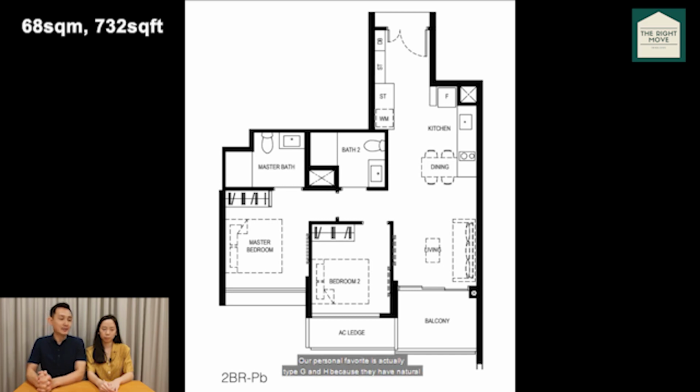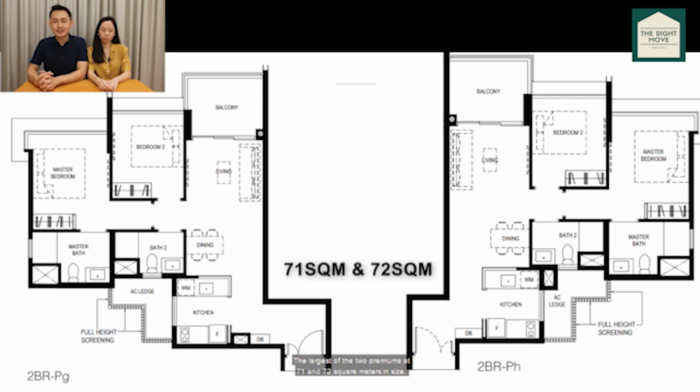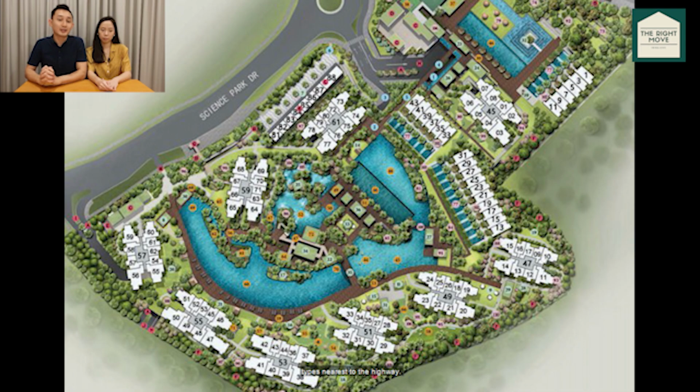Our personal favorite is actually type G and H because they have natural ventilation and an enclosed kitchen, but they are also the larger ones, the largest of the two premiums at 71 and 72 square meters in size. The developers have been very smart by placing these two types nearest to the highway, so we won't be surprised actually to see these units, albeit being bigger and having all the plus points like natural ventilation and enclosed kitchen,